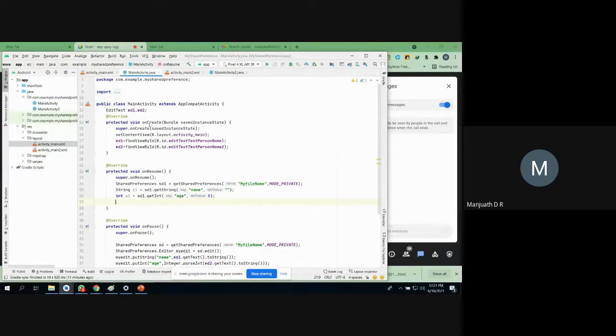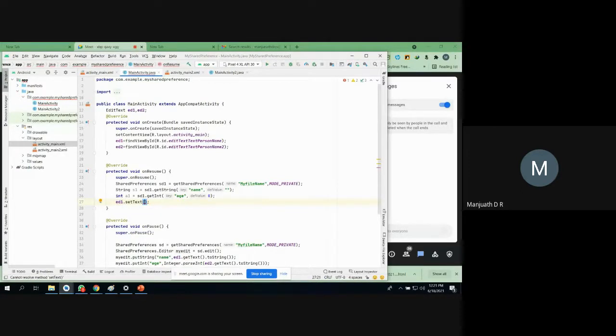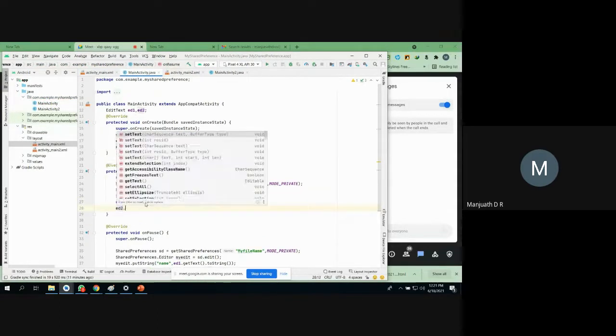now I want to read it in this text field, right? In this edit text field. So you do one thing, ed1 dot setText. Okay, for string no problem, directly pass the string. What is the variable I have used? s1, right? Okay, ed2, this is an integer, set text.